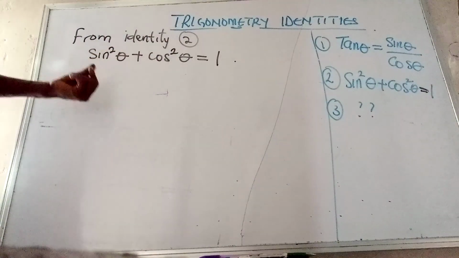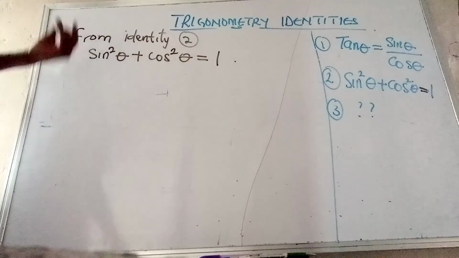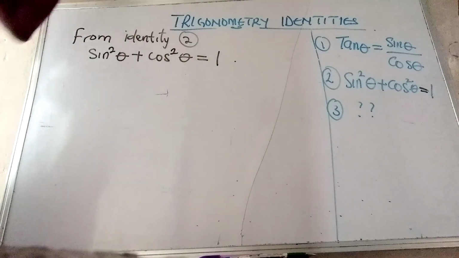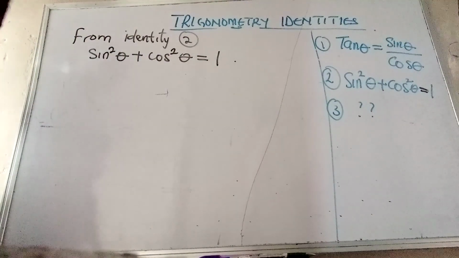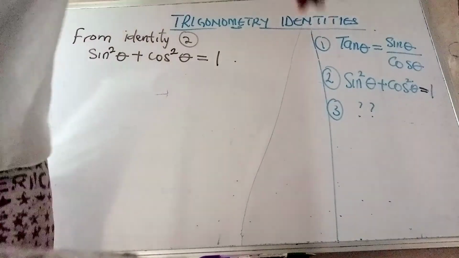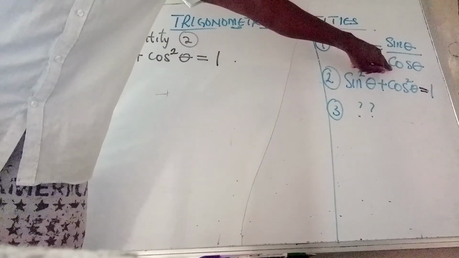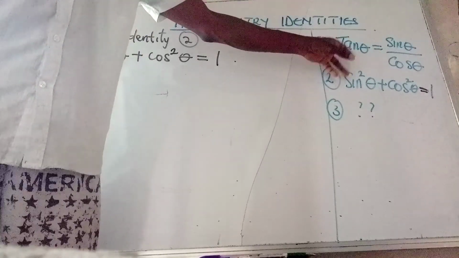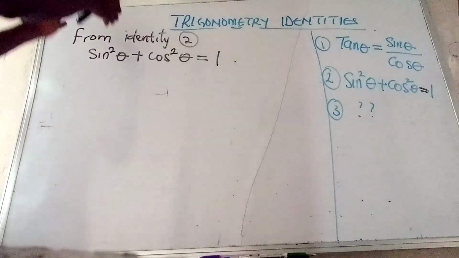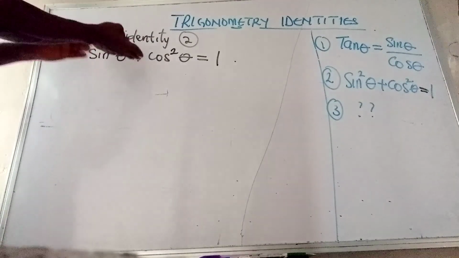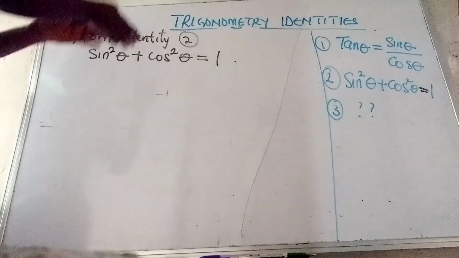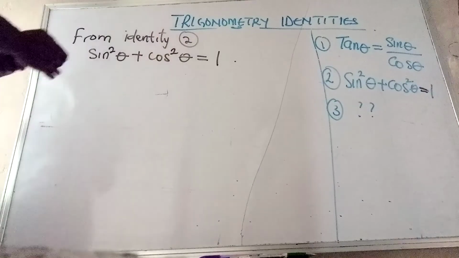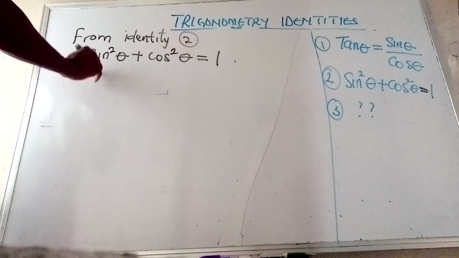All I need to do is to divide through by cosine square theta, because cosine theta is the denominator, while sine theta is the numerator in the identity for tan theta. Meaning that for me to achieve tan here, I need to divide throughout by cosine square theta. So dividing through